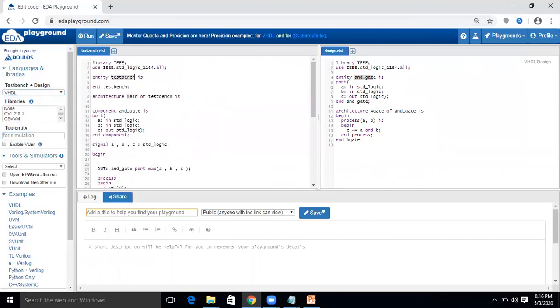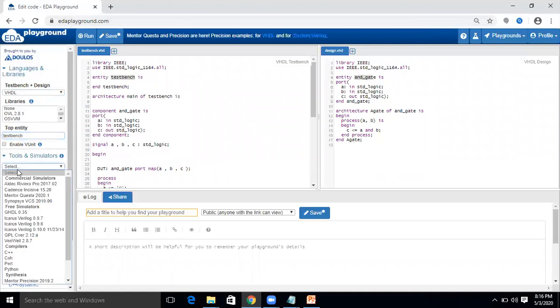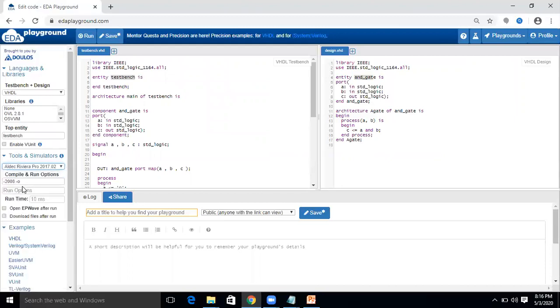This is the top entity, so just type here the name of the top entity and select the tool. The tool I am using here is Aldec Riviera Pro 2017.02, and click on the open EPWave after run option, so that you will get the waveform of inputs and output, and then click on run.